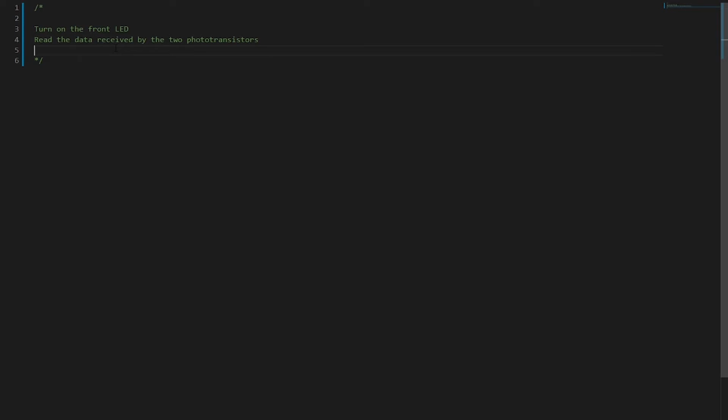Then what we're going to do is we're going to compare the data received to a midway value. So I'll explain what that means. What I mean by midway value. The midway value is halfway between black and white. What that means is that